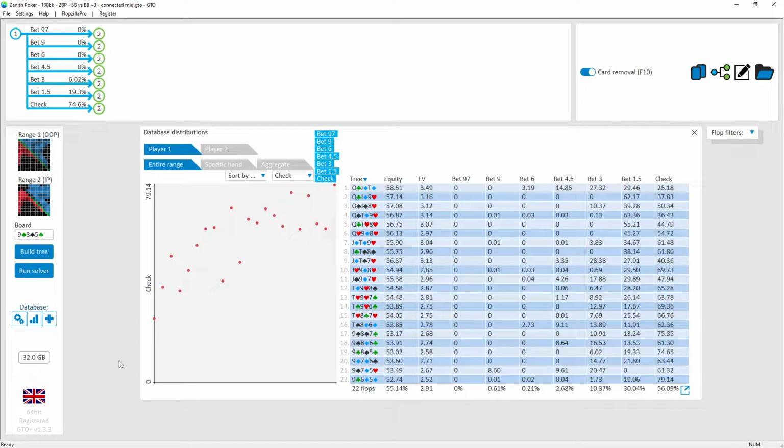Okay, so I'll leave it there. So that's a little bit of an overview of the sort of flop strategy in general. The higher the board, the more the small blind will be betting, and the lower the board, the more the small blind will be checking. When the small blind bets, they'll usually be betting for a relatively small size. Both players should be mindful of the number of the straights that are in both players' ranges. The more straights there are, in general, the small blind will be checking slightly more or betting a relatively